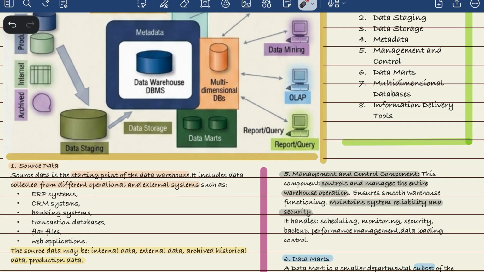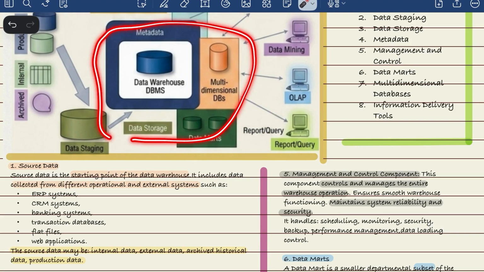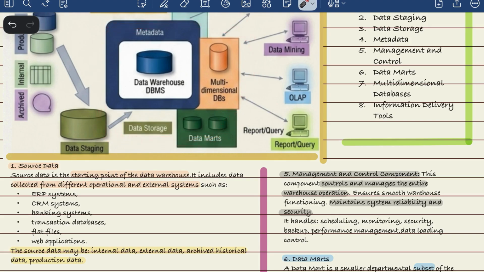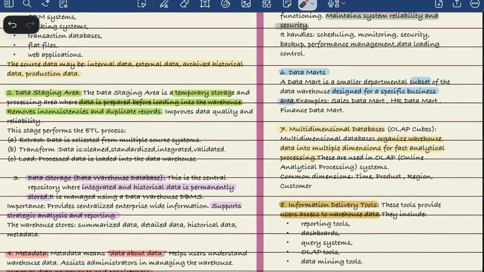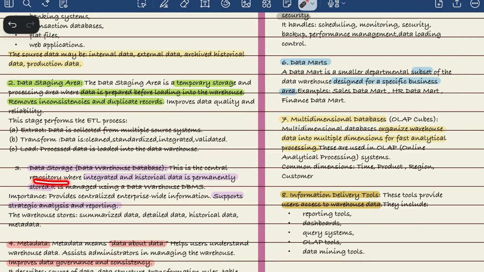So you see there is the entire data storage area. It is a giant vault where the clean history is frozen. Number 3, the central repository where the historical data is permanently stored. This is massive, a non-volatile database that permanently freezes the entire history, and it is organized, and remember, it is read only. Okay, and here the data is ready for heavy analysis.